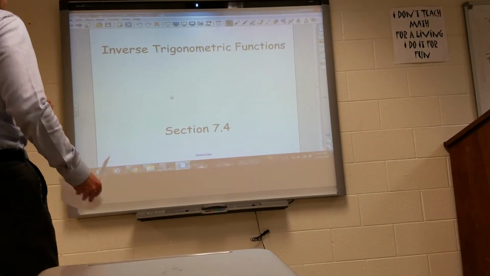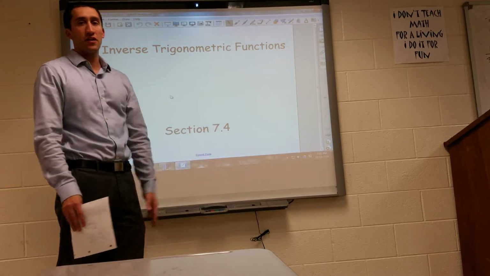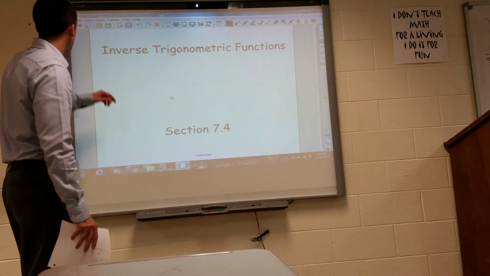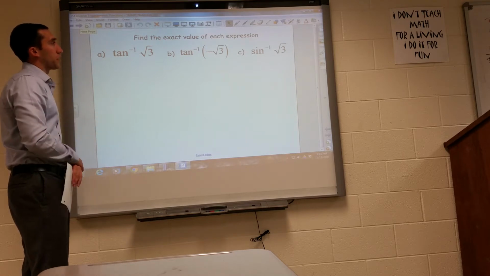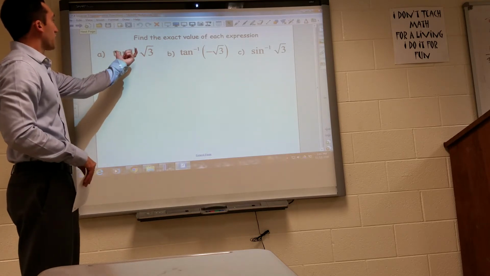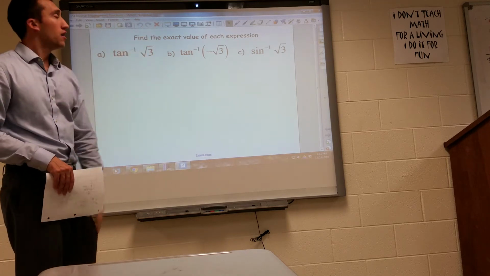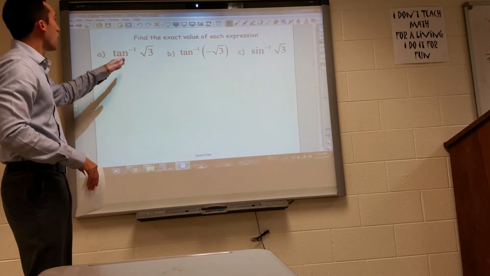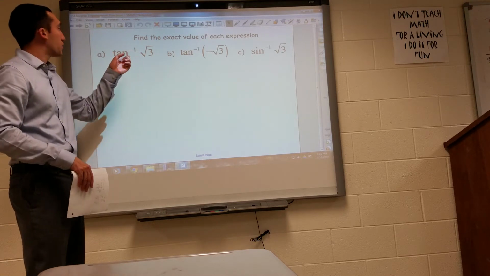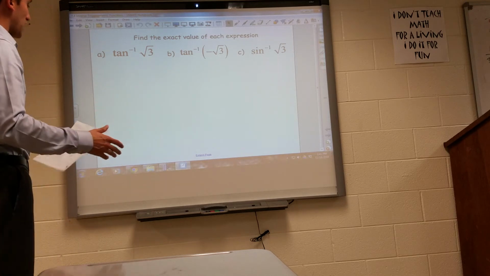Hello everyone, today we're talking about inverse trigonometric functions, the last section of chapter 7 that we're going to cover. They want us to find the exact value of each of these expressions. This tangent raised to the -1 means it wants the inverse tangent. So basically what the inverse function of trig functions does is it's telling us what angle gives me radical 3 for tangent. So if you don't know the angle right off the top of your head,